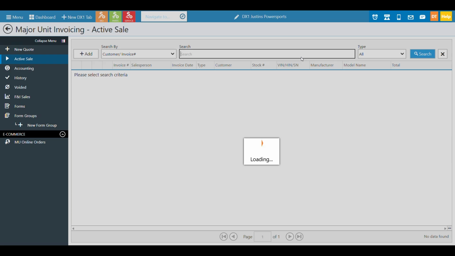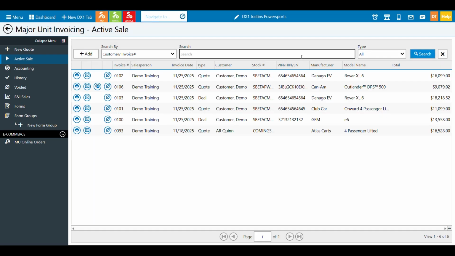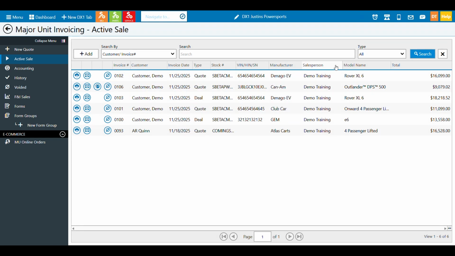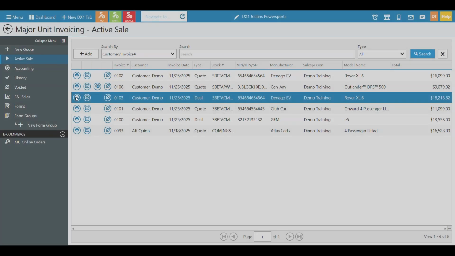All right, there's two ways you can print deal paperwork. If you have a deal already and maybe somebody came in on a Tuesday, you built it all up and they got it all done, they're going to go to a credit union, pick up a check or something like that. You're not going to sign any paperwork till they bring the check. And they show up, you can see them in your list here of whoever the customer is. In this case, let me move this over here so it's not so confusing. I have my customer here and I can just click the printing icon for a particular deal.